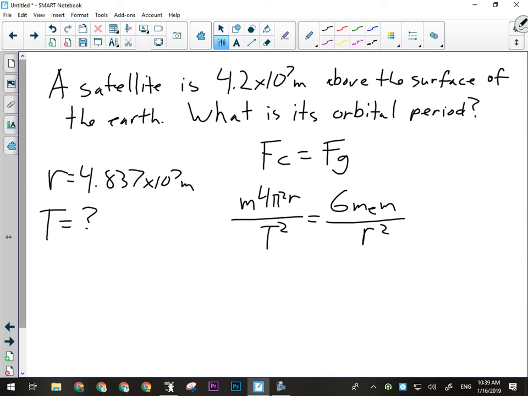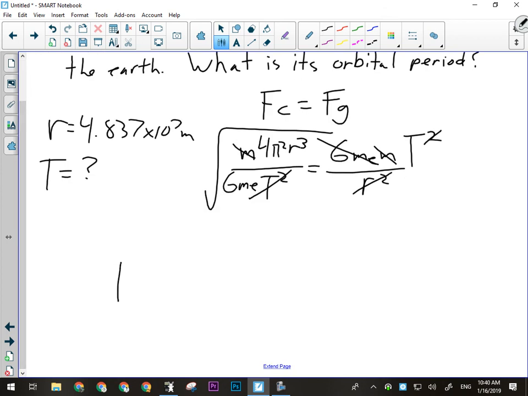So I'm going to multiply both sides by T squared because I want it on the top where I can solve for it. I'm going to multiply both sides by r squared, so I'll have r cubed over here. Mass of the satellite's going to cancel, and then I'm going to divide both sides by big G times the mass of the Earth. And then I'll square root. Okay. So what that'll leave me with is this, that T equals the square root of 4 pi squared times